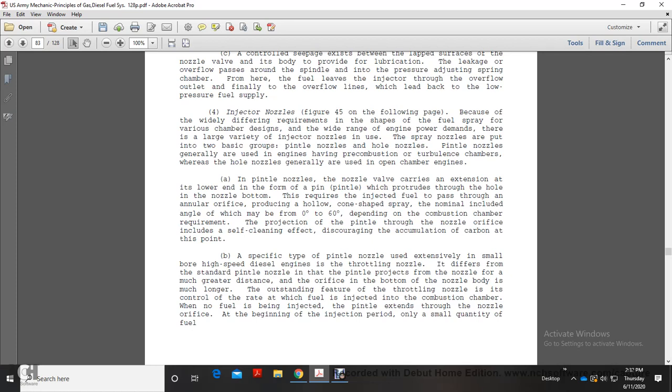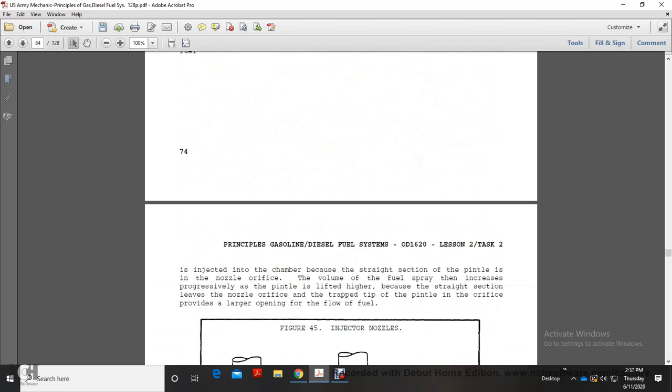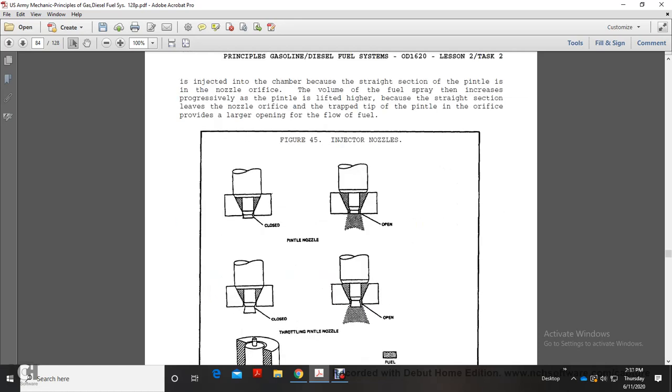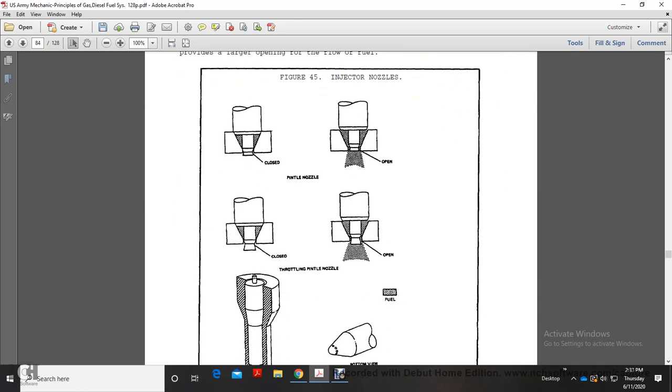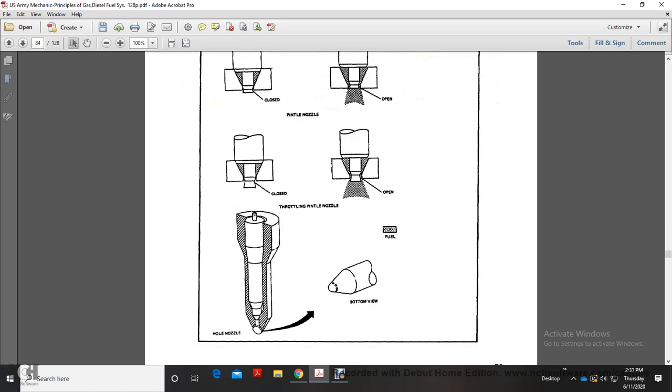combustion chamber. When no fuel is being injected, the pintle extends through the nozzle orifice. At the beginning of the injection period, only a small quantity of fuel is injected into the chamber, where the straight section of the pintle is in the nozzle orifice. The volume of the fuel spray will increase progressively as the pintle is lifted higher. Because the straight section leaves the nozzle orifice, the tapered tip of the pintle provides a larger opening for the flow of fuel. Injector nozzles closed, pintle nozzle open, and then throttling pintle nozzle open, closed,